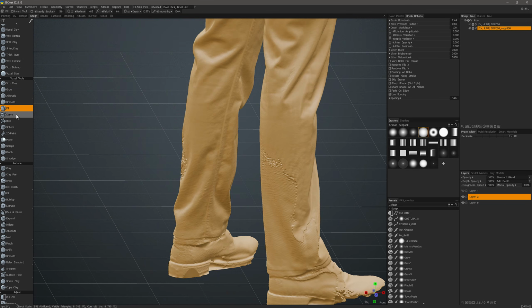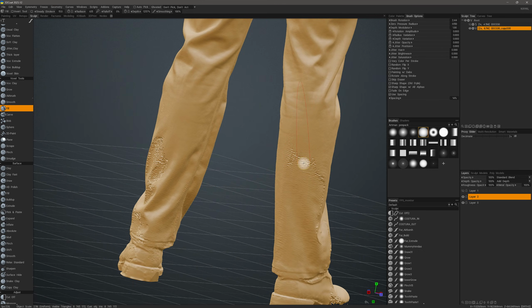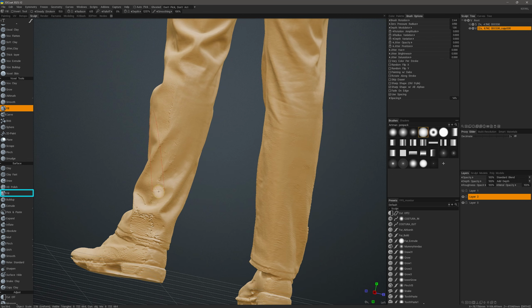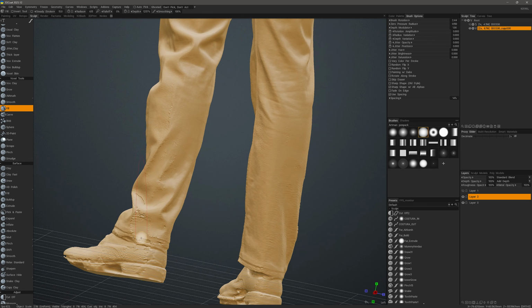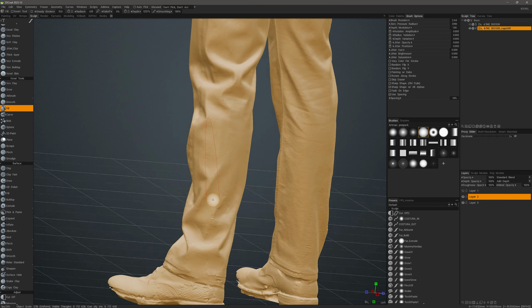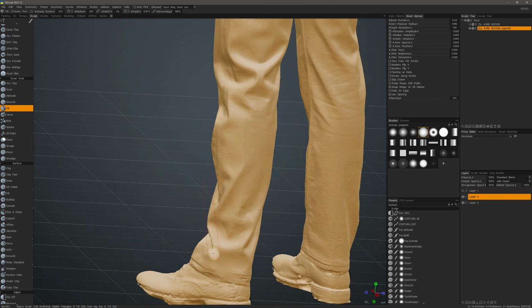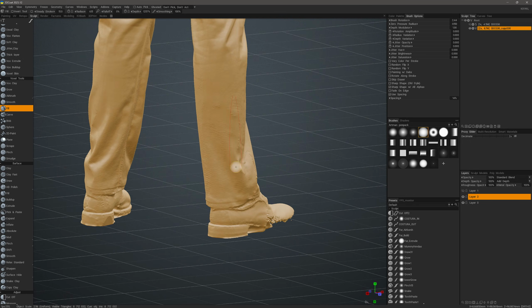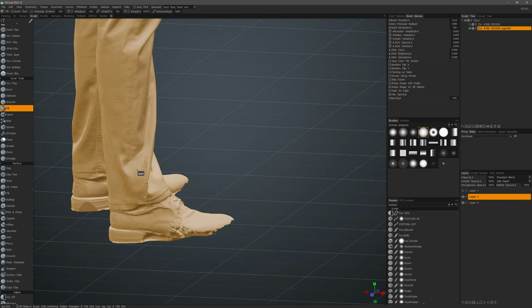I will now switch to the fill tool among the voxel brushes in order to fill in all these small holes. There's also a fill brush among the surface brushes, and it works well in many cases, but I think at times you will find the limitations of filling with a mesh, regardless of whether it's in 3D Coat or other sculpting applications. Sometimes you'll run into self-intersection issues, especially when you are working in very problematic areas of your